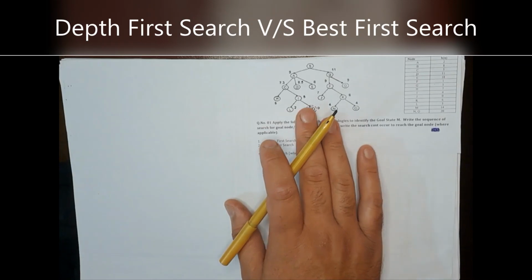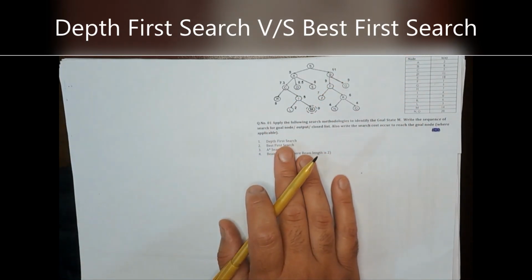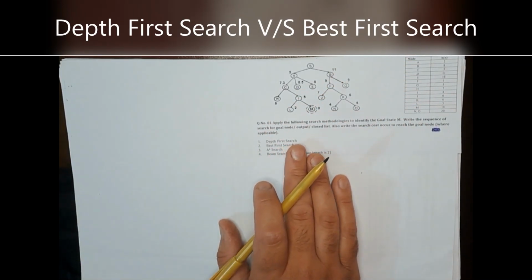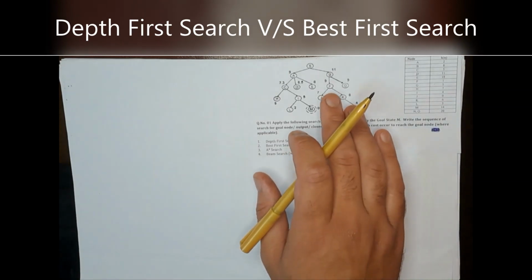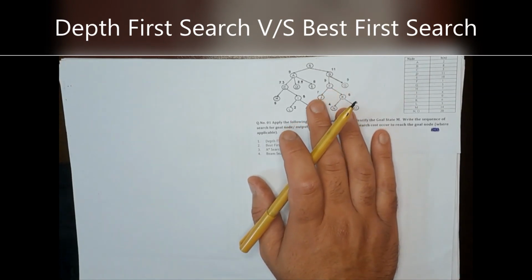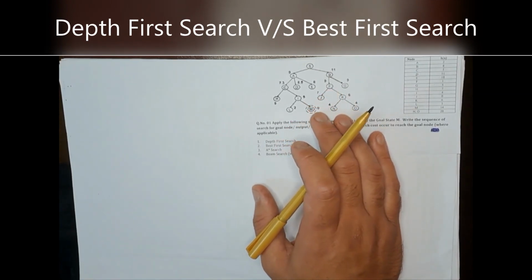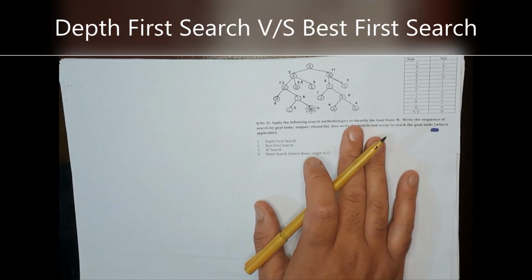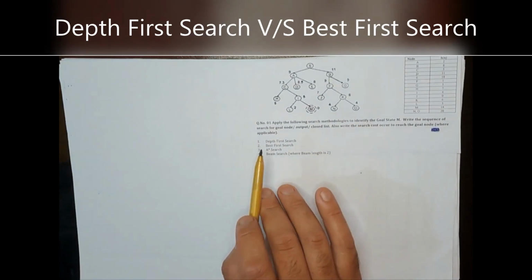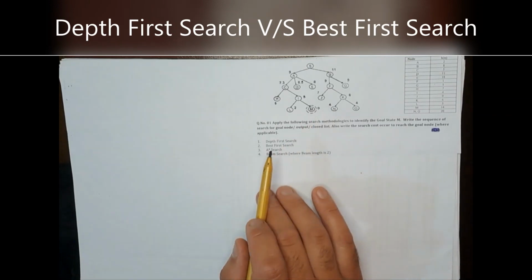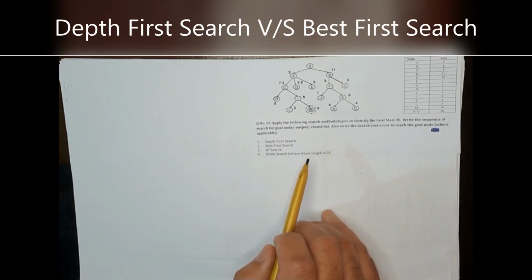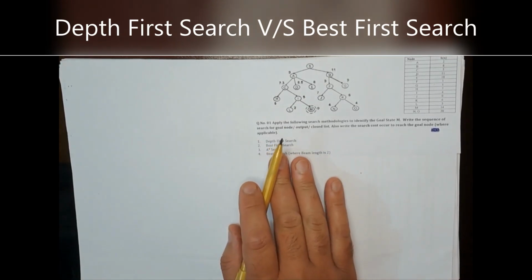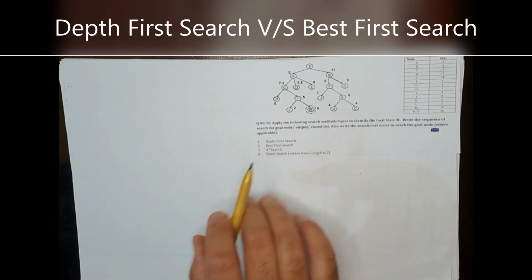We actually need to apply on this tree structure these four different techniques of artificial intelligence that we use while performing search to identify a path that can take us to a goal state. What are those techniques that we need to perform? First of all, depth first search, then best first search, then A star search, and then beam search with a beam length of 2. Well, we are going to start with the first one, that is our